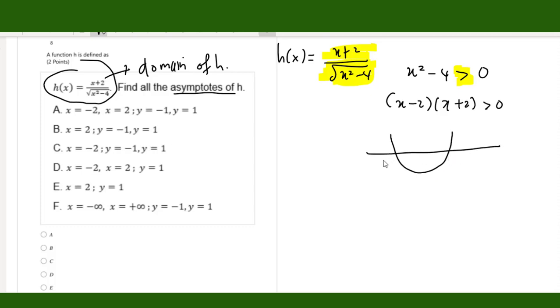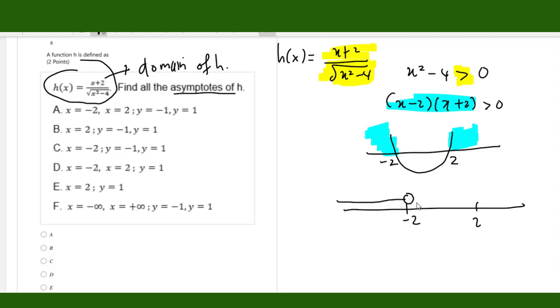Okay, and negative 2. The graph is above x. So this is the range of f(x). Okay, so the domain is from negative infinity to negative 2, not included, and from 2 to infinity. So this is the domain. Okay, and then if you transfer to interval notation,